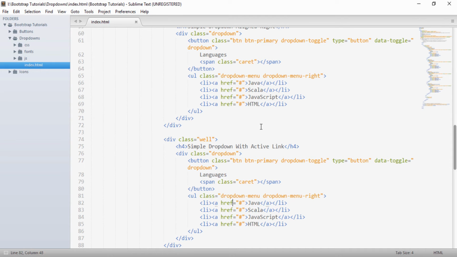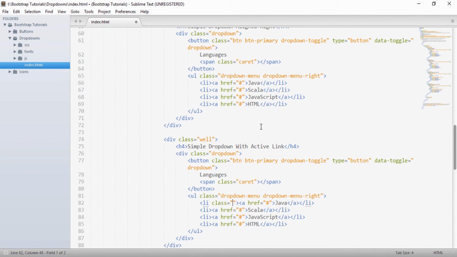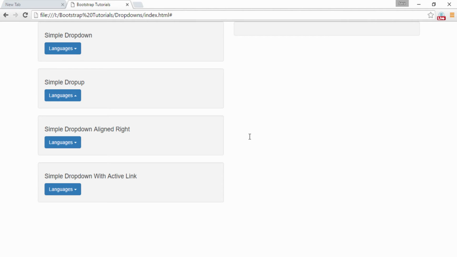For that, to this li element I will provide a class of active, and if I save and go to the browser and open it, you can see the Java language is already selected, showing as in active state.